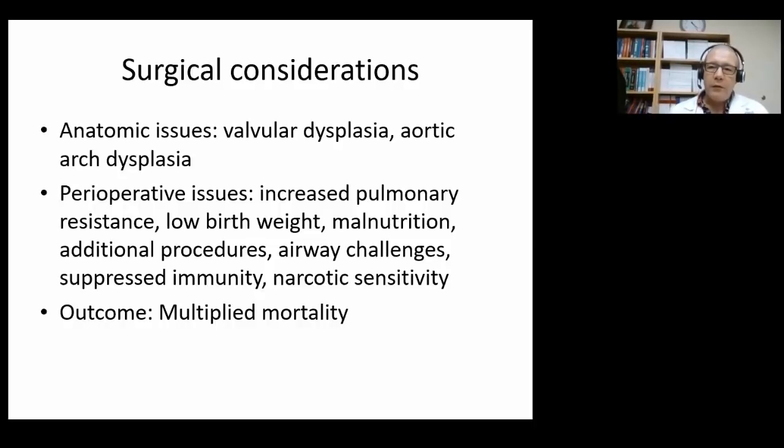Surgery in patients with trisomy 18 and 13 is performed at somewhat higher risk. Now, why is that? In general, the poor health status of many of the patients at the time they go to surgery is most of what's responsible. If the pulmonary vascular resistance is elevated at the time of surgery, even if it's reversible using